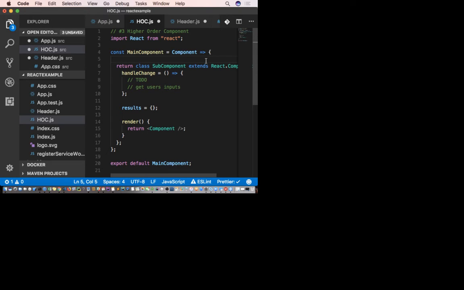We also talked about this big object that Redux has. This object is available through your entire application, which means it doesn't matter how many pages you have, it's available for you.